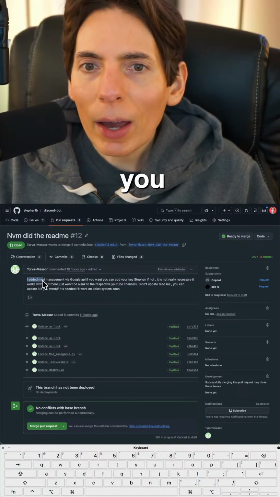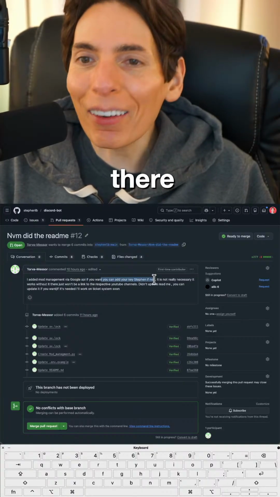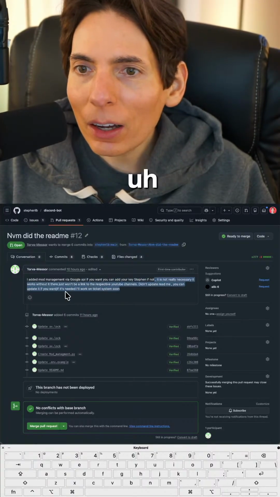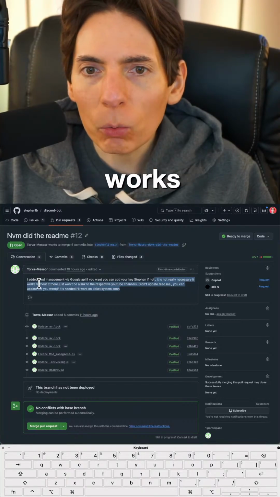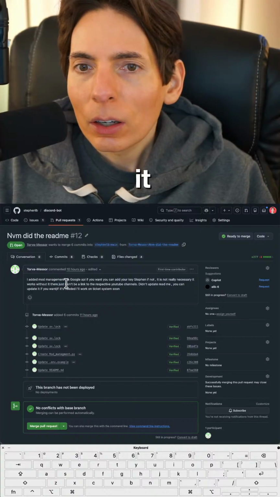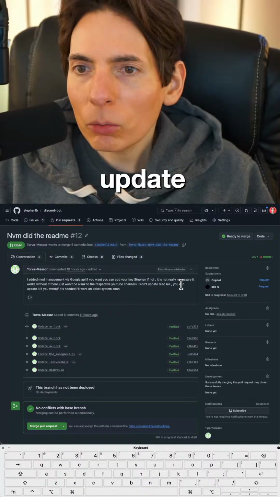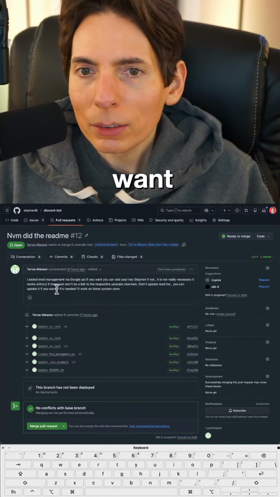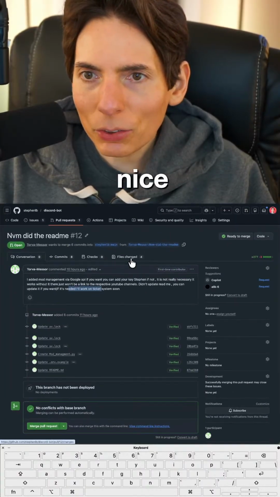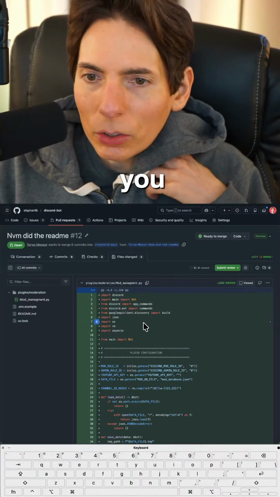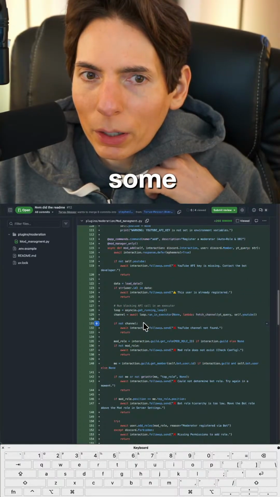Torva, 10 hours ago. You added mod management in the Google API. It's not really necessary. It works without it. There just won't be a link to the respective channel. You didn't update the README. You can update it if you want. Got it. Okay. Very nice. Thank you. Let's see here. So you added some